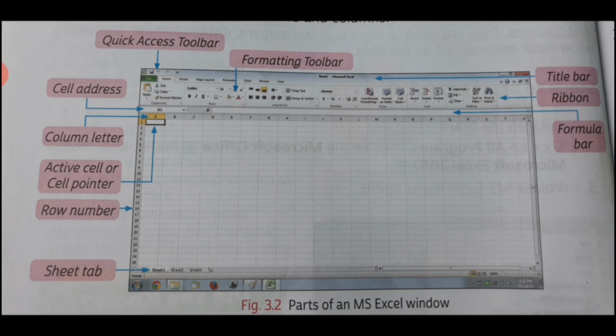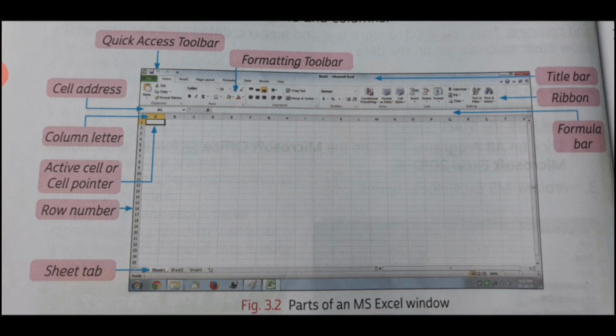So my dear students, these are the different components of the MS Excel window which work together and help in performing different sorts of tasks in the MS Excel page. The components I have explained in today's class are very important for working in the MS Excel window. In the upcoming class, I'll be coming with the practical work of this MS Excel window,